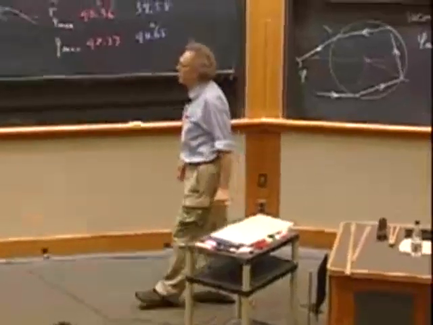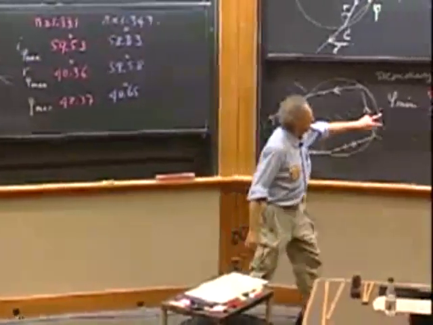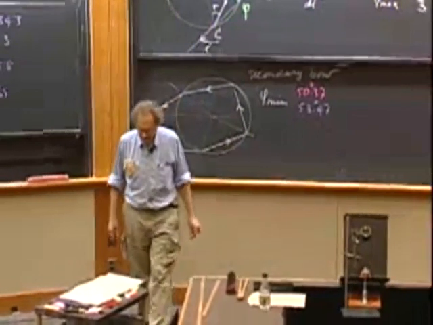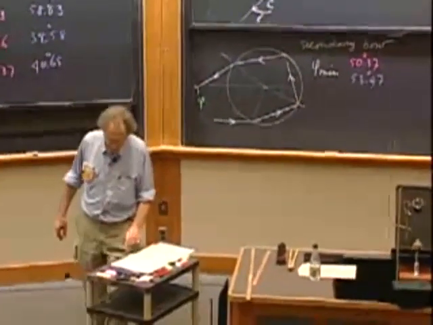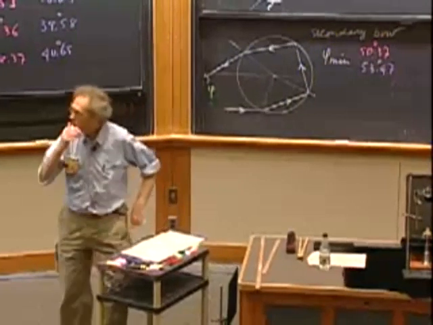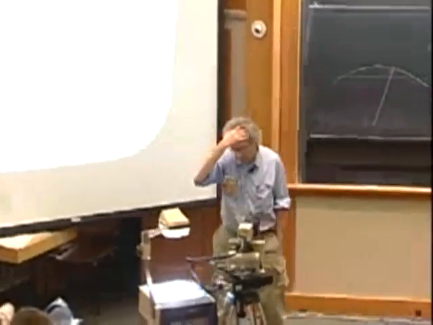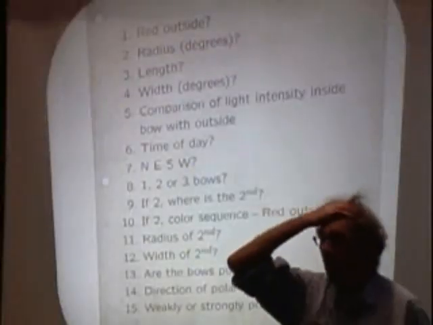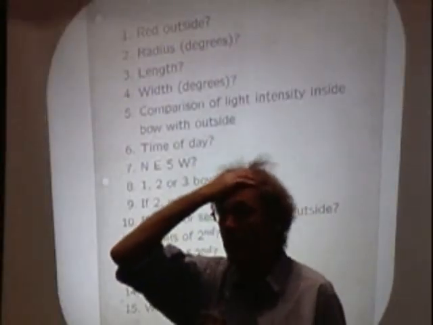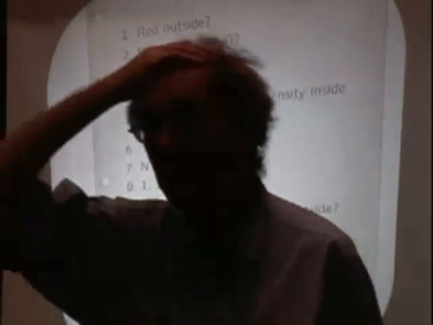And so also the width of the secondary is not just the difference between these numbers, which would give you about 3.1 degrees, but it's closer to 3.6 degrees. And so we know there is a secondary. The time of the day: well, when does it rain? And when is the sun low in the sky? Midday, you're not likely to see rainbows because the sun is too high in the sky. Depends, of course, on the season, whether it's summer or winter.